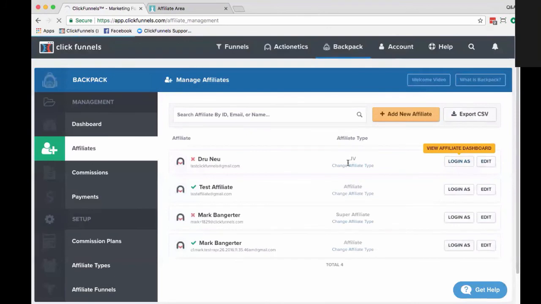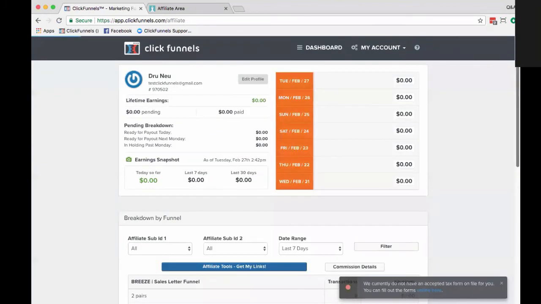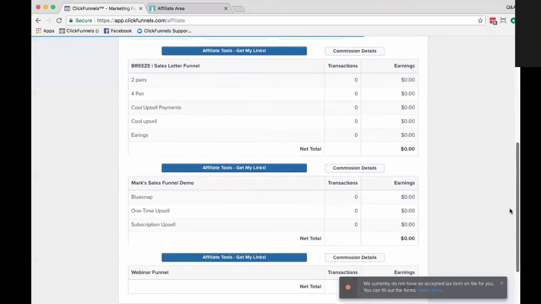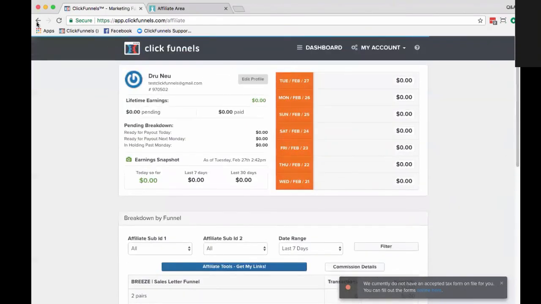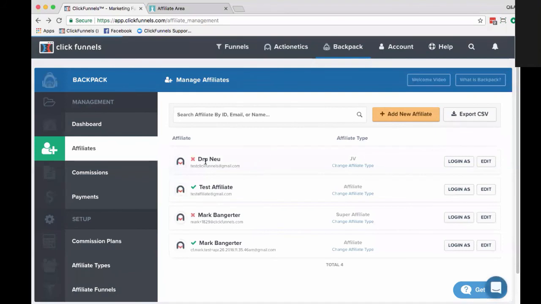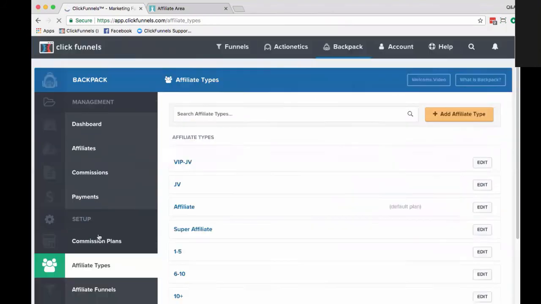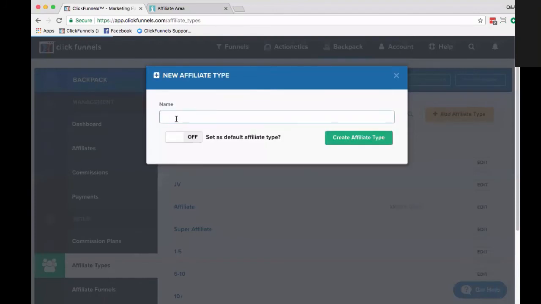So as you can see, we changed it to JV. We come back into our affiliate dashboard here, and we have our 3 funnels that JVs are allowed to promote. So that's how essentially the affiliate actually works here. So the affiliate types you can see here, we add a new affiliate type. It's just a name, right? So if I call demo,